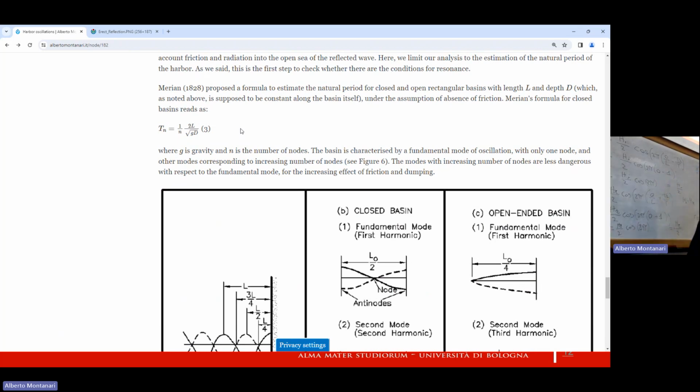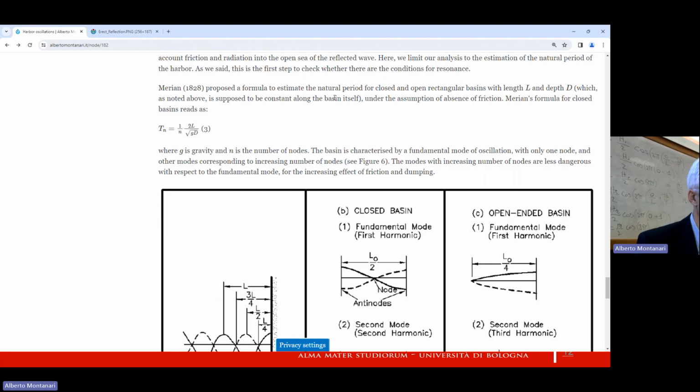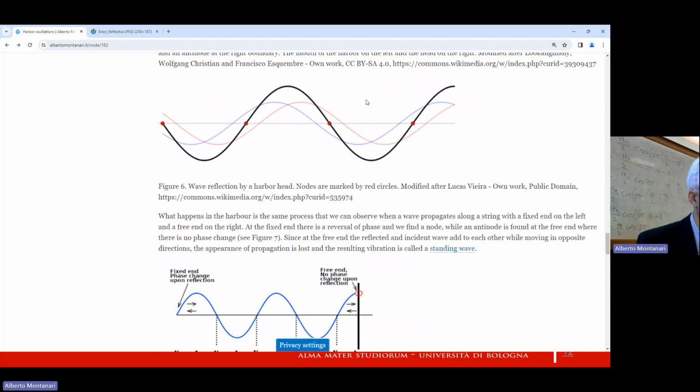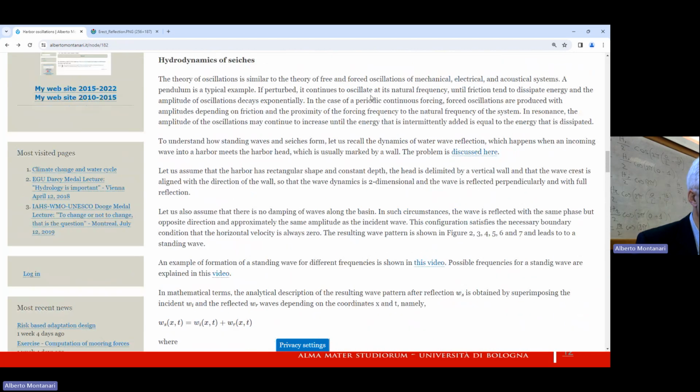The natural period depends, of course, on the number of nodes. You have seen the video of the string. If you put several nodes, if you put one node, for instance, the period of the wave is split by 2. So if we get here to this first video, you may remember that